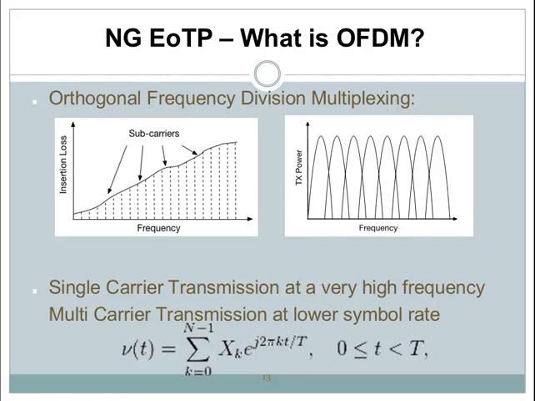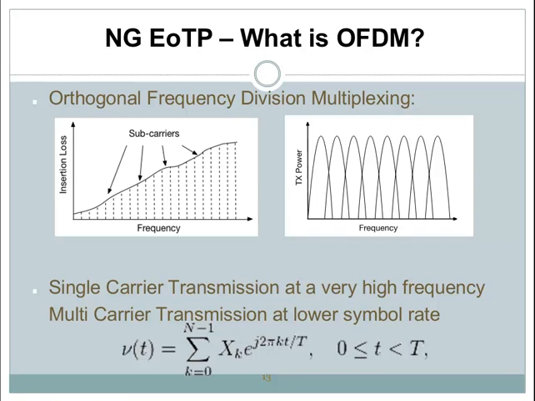And what is this OFDM exactly? The full name is Orthogonal Frequency Division Multiplexing. It is a multi-carrier modulation scheme where the whole frequency range is divided into many subcarriers. Then each subcarrier is a narrowband communication channel, so we have a set of parallel narrowband communication channels. In contrast, the current Ethernet uses single carrier modulation, which is the PAM modulation, which only transmits at the highest frequency available of the system.